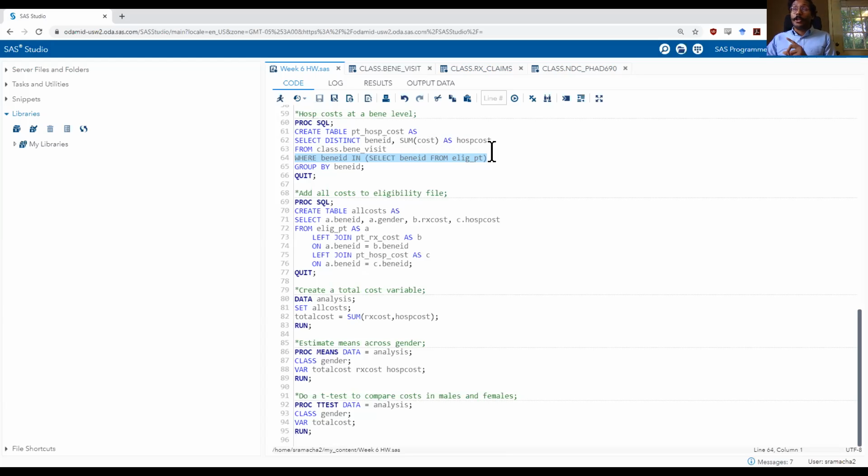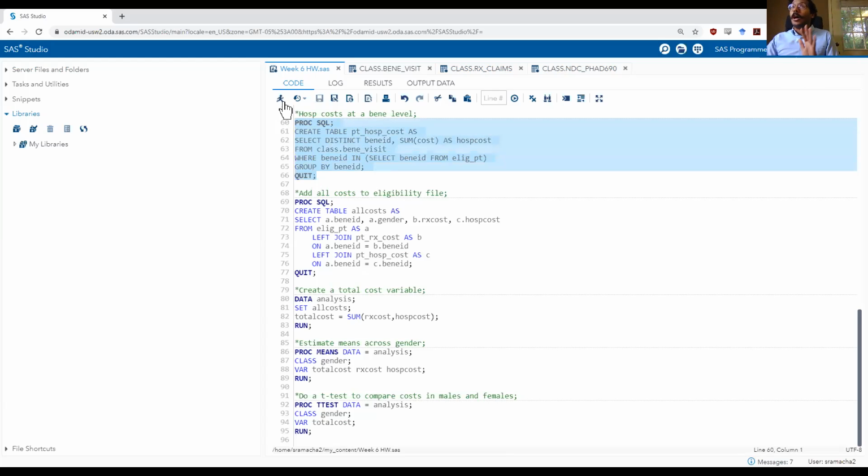So you could have approached this problem any number of ways. I have approached it this particular way for a good reason though. If I subset my data set directly within this proc SQL step, I am creating a patient_HOSP_cost file that has unnecessary data removed. Removing that unnecessary data can be important if you're dealing with data sets that are several gigabytes in size and you're worried about processing speed, processing time, how much memory you have on your computer, and so forth. So by doing it this way, I'm making sure my programming is more efficient. It's something you have to think about if you're working with large data sets. If you're working with smaller data sets, you could have done the where statement somewhere else and it really would not have made a difference.